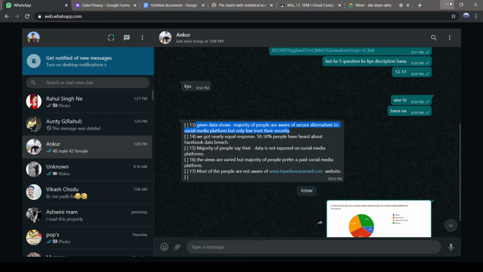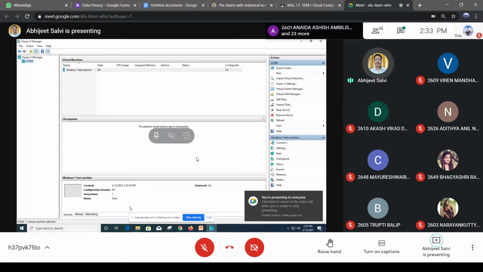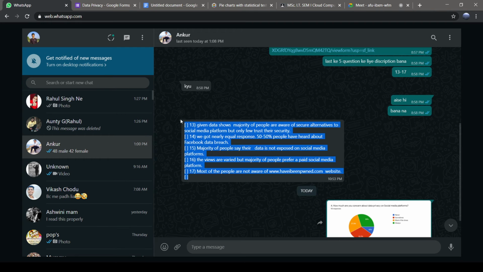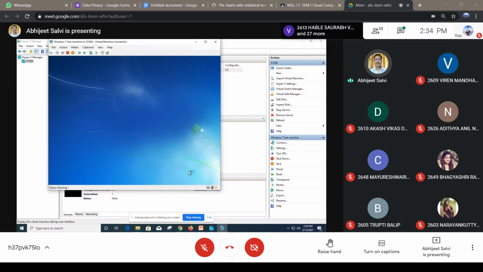Let me share my screen now. Once you click on the finish button, you'll get this kind of interface, which means we have configured that. What we have to do is just click on the start option. Yes, are all of you getting this? Start here the Windows 7 test machine, and then click on start. So see, your machine is going to start. Just double click on this small icon and we'll get that window here. So it's now installing that operating system.